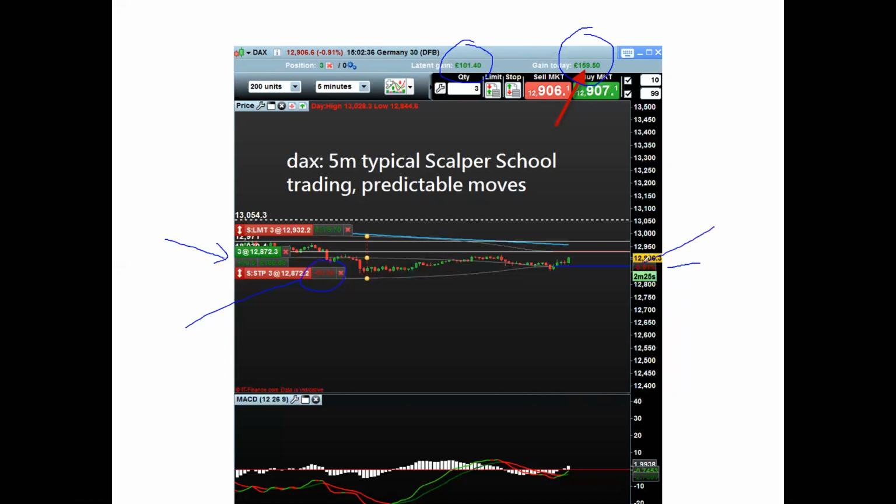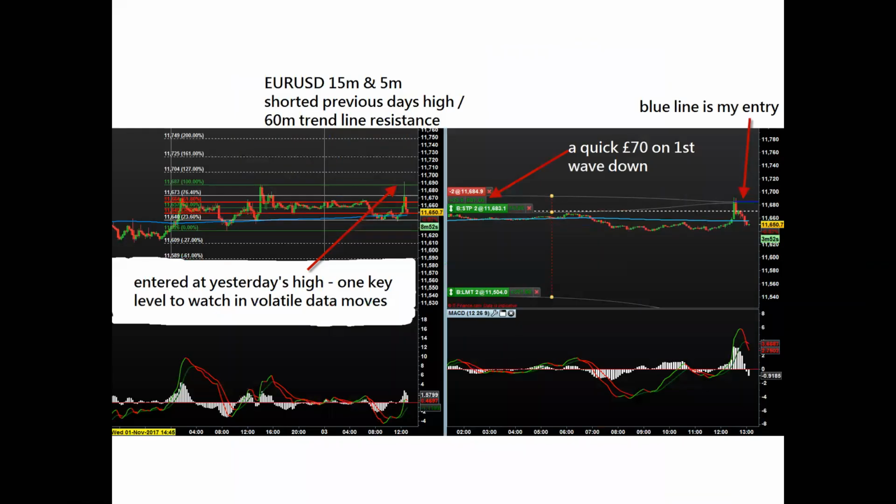That blue line is what my broker puts on my chart when I have the live account up, and my target was 179. So that's that. I think I've got one more example, and then this was